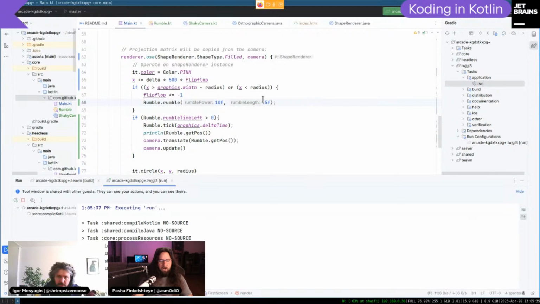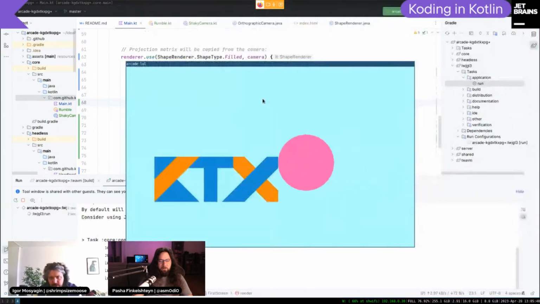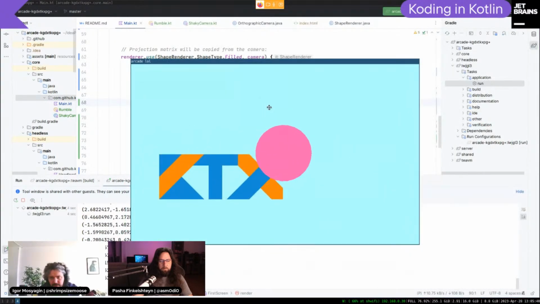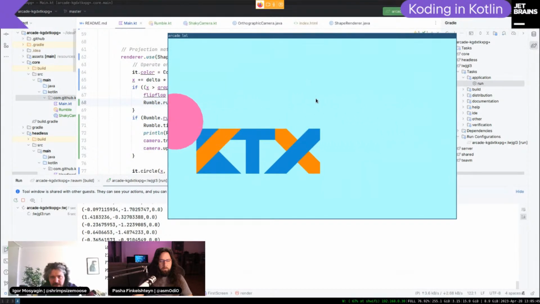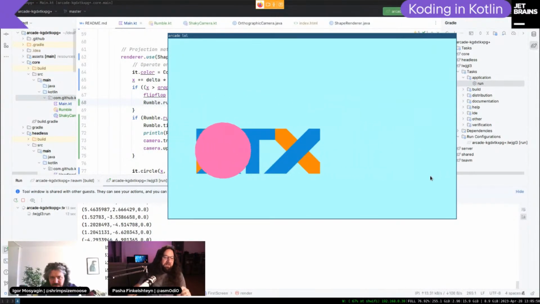Rumble power. I mean, it sounds epic. I mean, it sort of shakes, but the issue is now we see it's the ball shaking, but